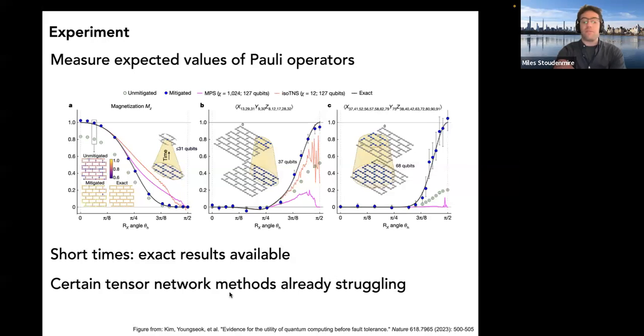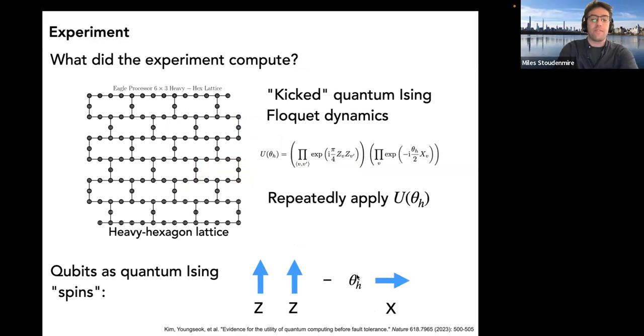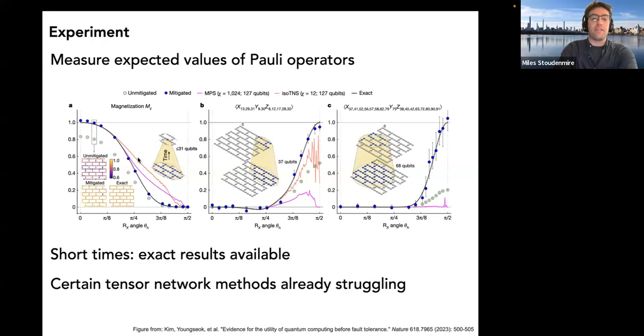But already at these times, certain tensor network methods that were shown in the paper are already beginning to struggle. You see two methods here, these two brightly colored curves: the matrix product state method, and another method called ISO-TNS, which is a 2-dimensional tensor network method. They're agreeing really well in this regime of the small transverse field theta. This theta is the strength of this transverse field that makes the dynamics more and more quantum, in a sense. But then at larger theta, they're having a lot of trouble already,